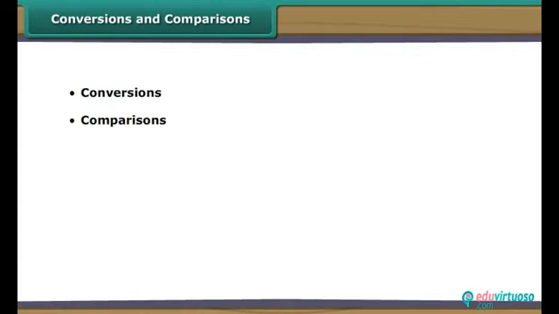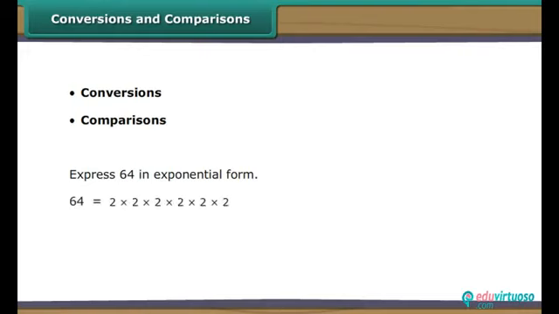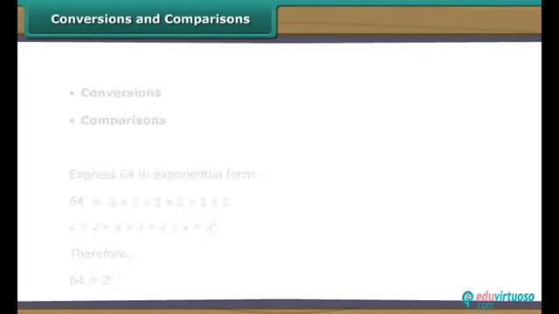Conversions. Let us begin by expressing 64 in exponential form. 64 can be written as 2 into 2 into 2 into 2 into 2 into 2. Since 2 is multiplied with itself 6 times, it can be written as 2 raised to the power 6. Therefore, 64 is equal to 2 raised to the power 6. Let us now expand